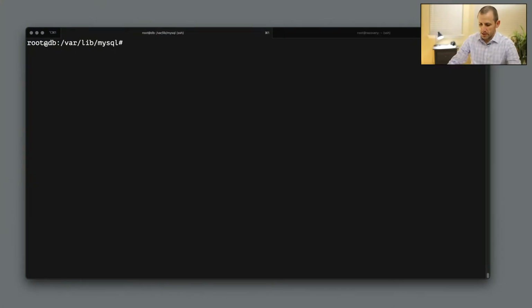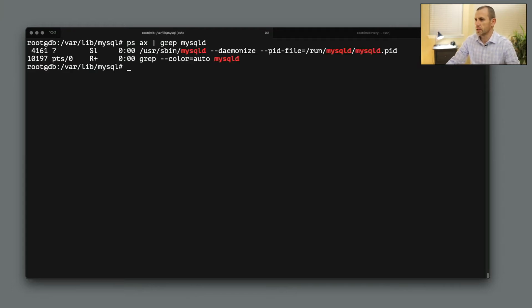On the database instance, we want to stop mysqld because it may be accepting some writes, and we don't want to overwrite the data that is on the free space on this file system. Now,